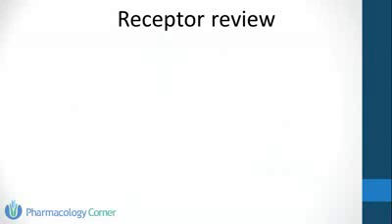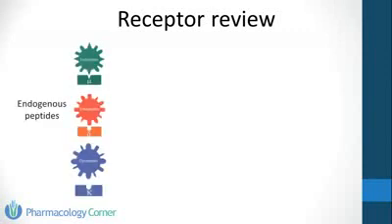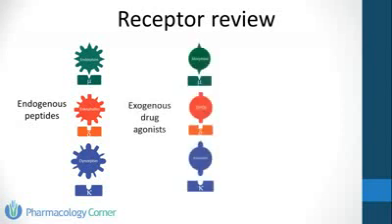This review chart has the purpose of integrating some of the concepts previously mentioned. Endogenous opioid peptides include endorphins, enkephalins, and dynorphins, among others. These peptides have different affinities for each opioid receptor. The image shows a match between how the endorphins bind to mu receptors, enkephalins to delta receptors, and dynorphin to kappa receptors. Exogenous drug agonists include morphine,